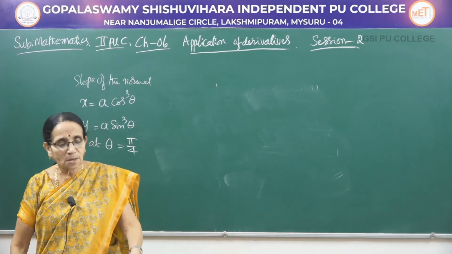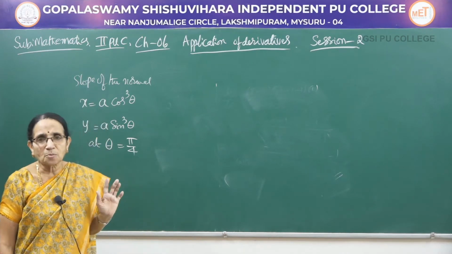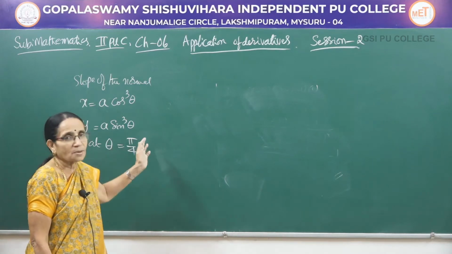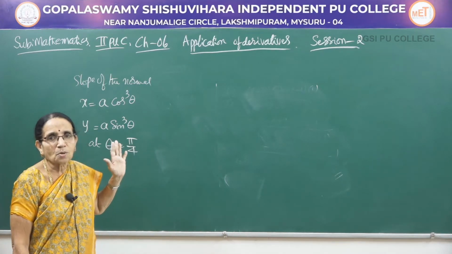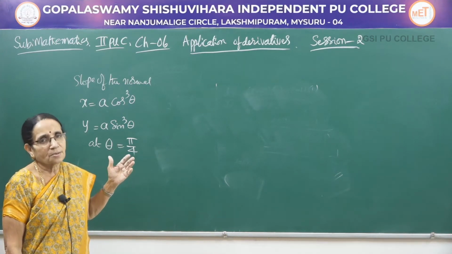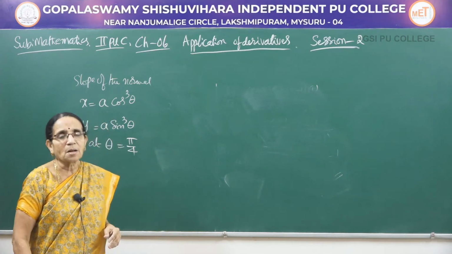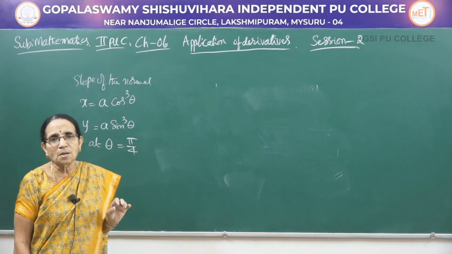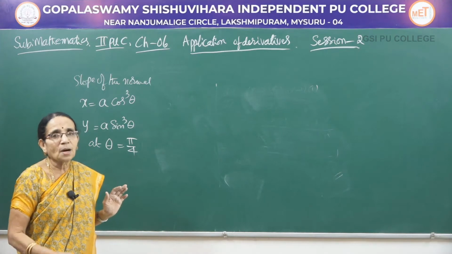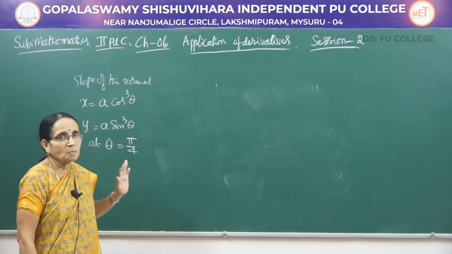I hope you remember this one. What type of function is this one? Both x and y are expressed in terms of another variable. So another variable is called the parameter. Such functions are known as parametric functions. That's the last type of function I taught in the earlier sessions. So here both x and y have to be differentiated with respect to theta, that is the third variable or the parameter, and then dividing one by the other, that is dividing dy by d theta by dx by d theta, we get dy by dx.